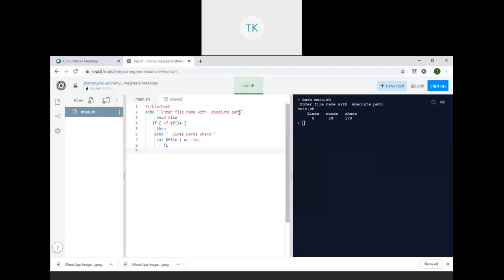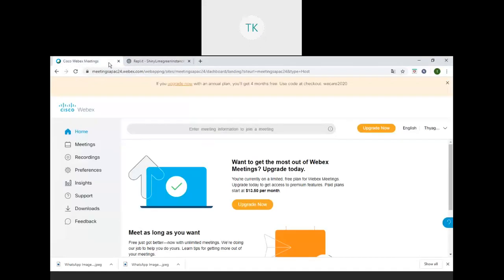Just see here. Are you able to see the screen?